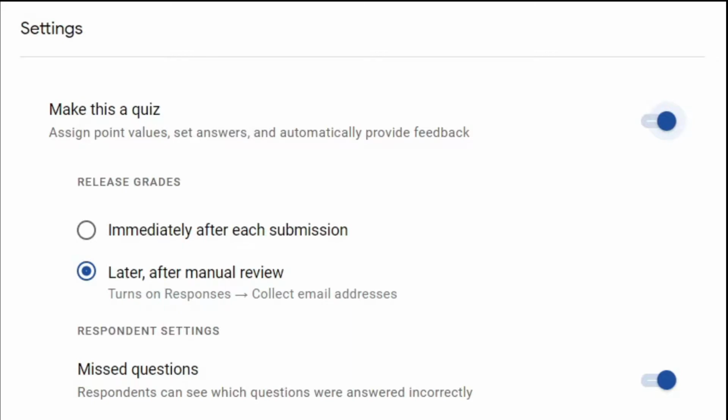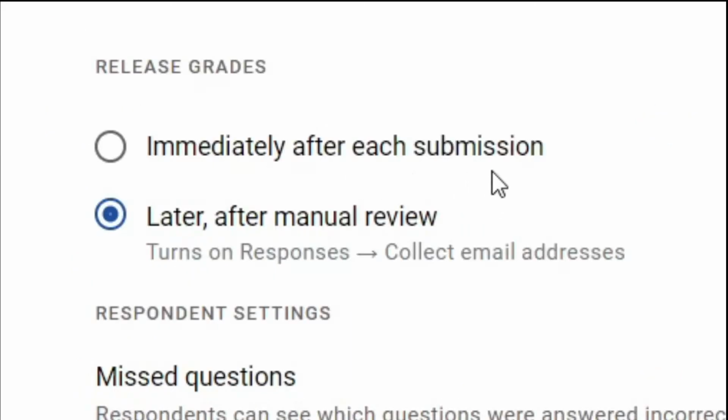Once you select this, you can choose to release grades immediately after each submission. If it is an MCQ question paper, like the one I have prepared, then after completion of each submission, students will get the grades automatically. The Google Form will release the grades immediately after each submission. The second option is later, after manual review.